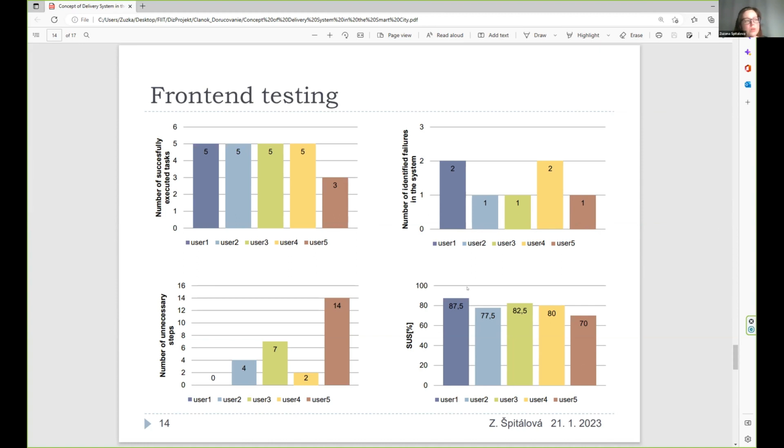So this method consists of a questionnaire of 10 questions regarding the app usability, and it could be ranked from 1 to 5, where 5 is the best score. And after the calculation, you can find the percentage of this system usability scale.